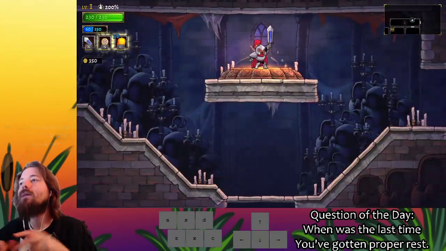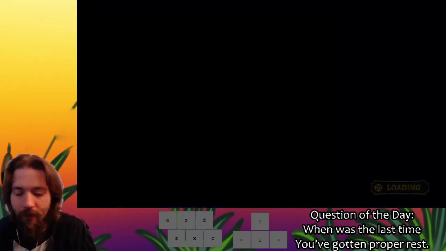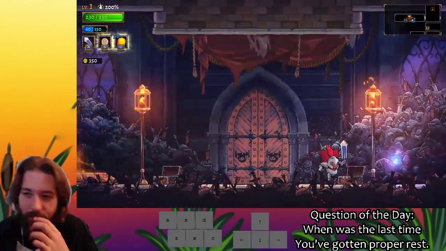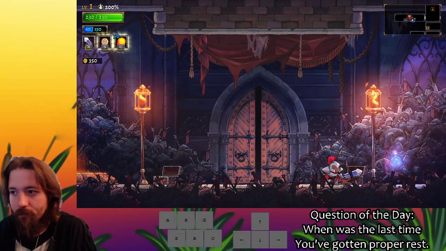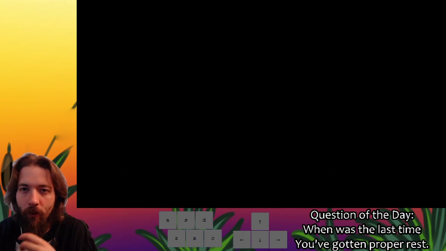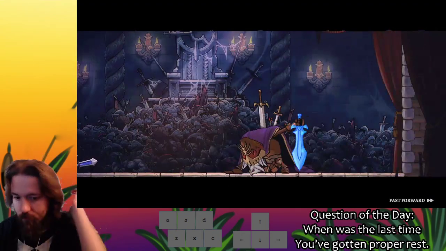Let's go beat Lamech up. Take his lunch money. Show him who's the real toughest guy in the town. And then we teleport back to...